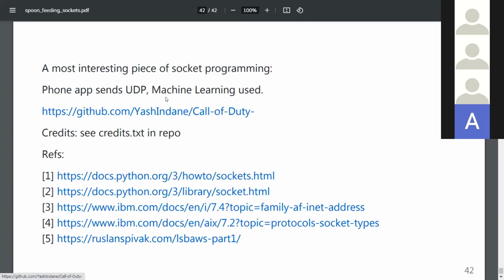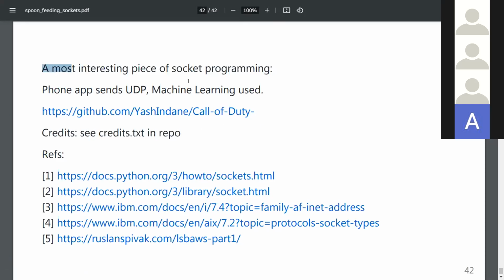And then he built a Python program and used machine learning to determine exactly in which position the phone is, and then used that to control his mouse to play Call of Duty.